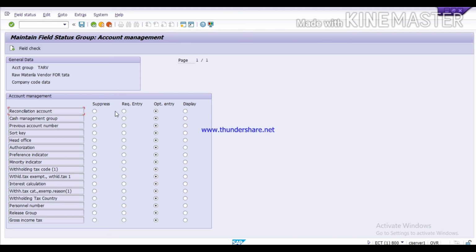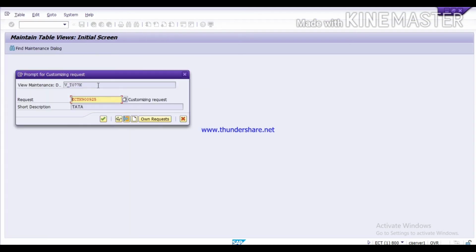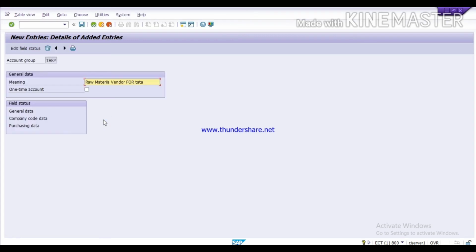So here we can select it. Click on reconciliation account as mandatory or required entry. Then save. Continue. Now data was saved. We'll get back.